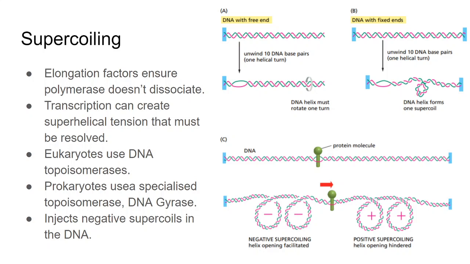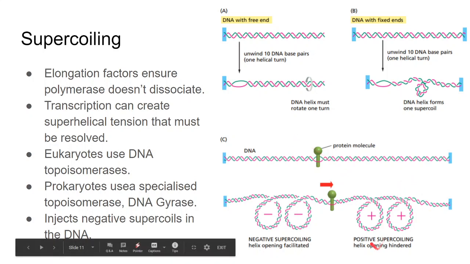Once you have DNA opening taking place, if it's just a straight strand, right now the supercoiling is 0, the superhelical tension units are 0. Once you have transcription starting and you allow it to occur for a while, you have positive 5 units of superhelical tension, and these positive 5 units will show up as positive supercoils.